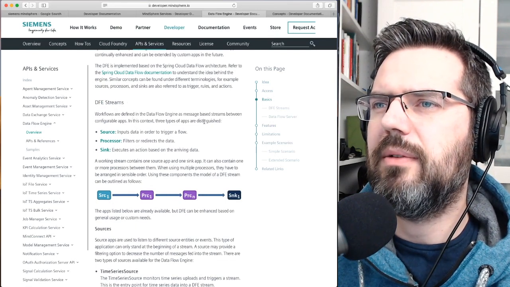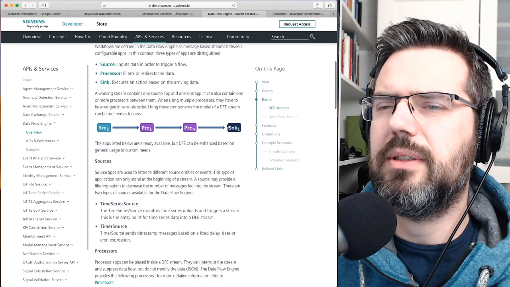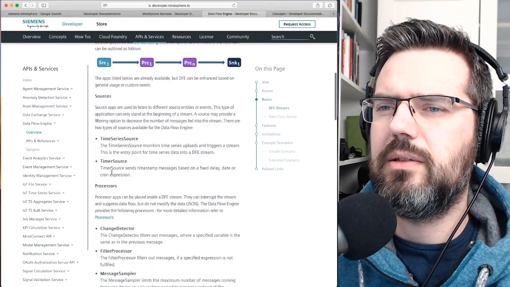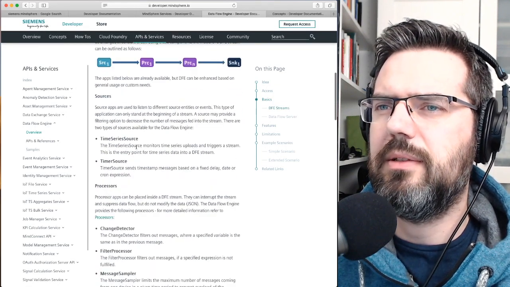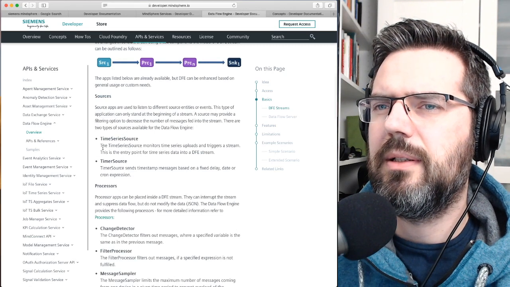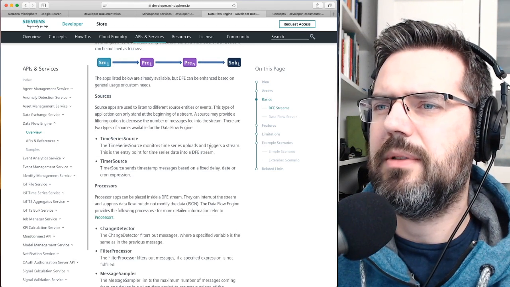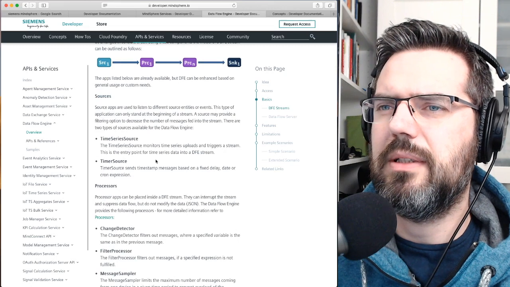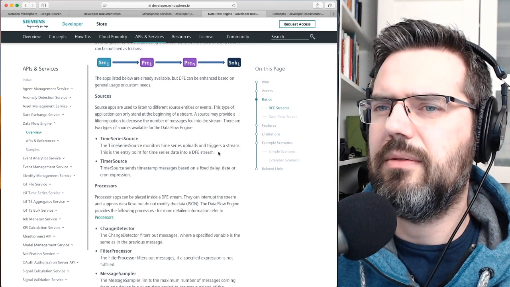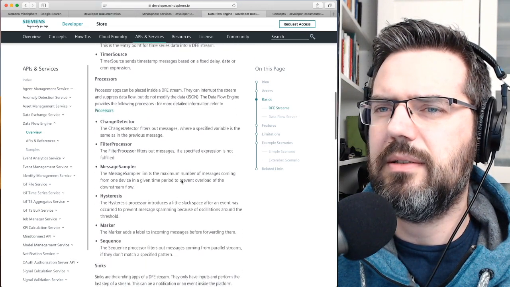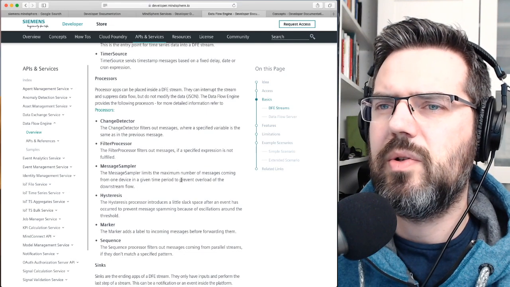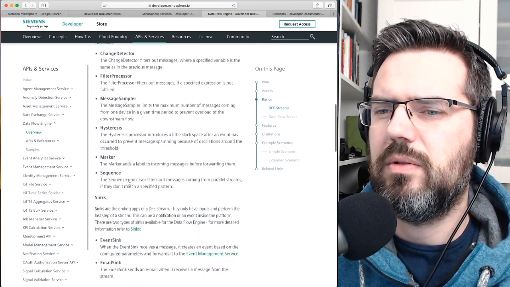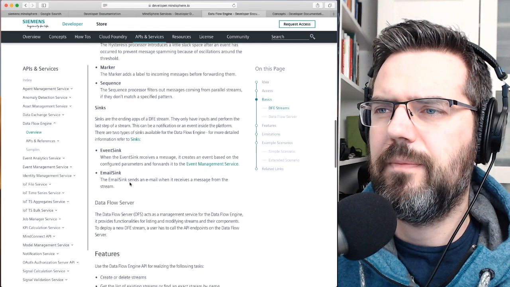DFE streams, data flow engine streams, source processor sync, sources, time series source, time series monitors, time series uploads, triggers a stream. This is the entry point for time series data into DFE stream processors. Syncs.